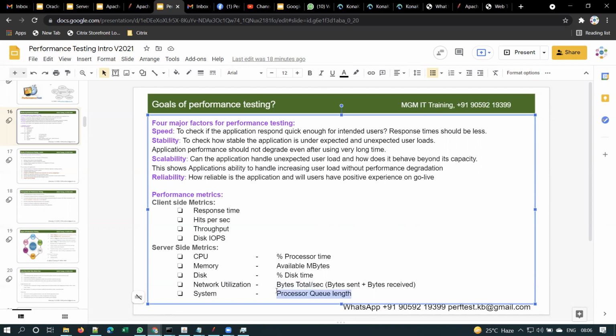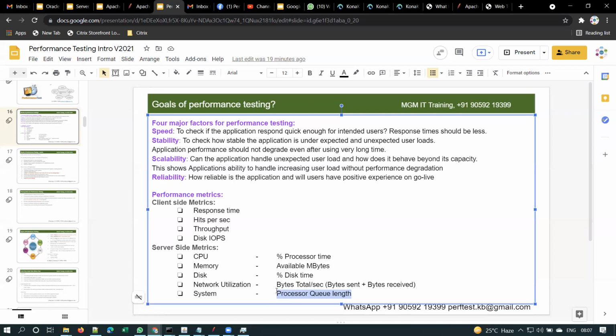Suppose you went to a movie theater, or a mall, for buying a ticket, right? And assume that there are some 4 counters. So if 4 people go at once, each person will go to a different counter, isn't it? 4 different people came to buy tickets, so as there are 4 counters, they will go to 4 different counters, isn't it?